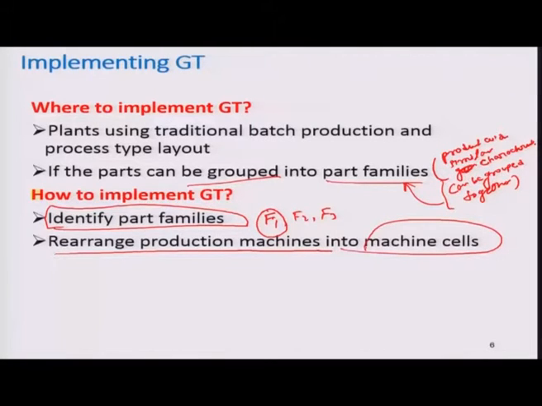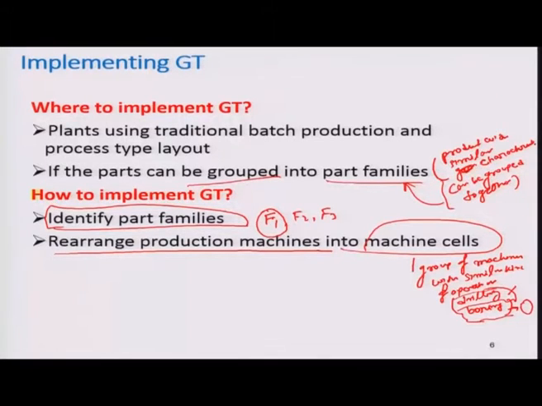So what is a machine cell? It is a group of machines with similar kinds of operation. For example, a drilling machine and a boring machine can be put together, because the main tasks of these machines are to make a hole and to enlarge a hole to a higher dimension.